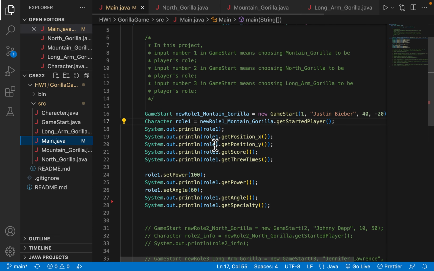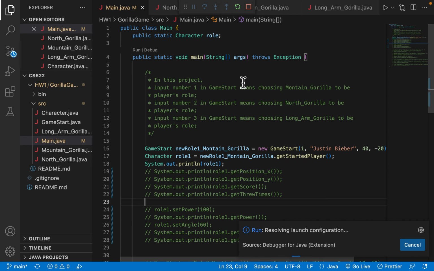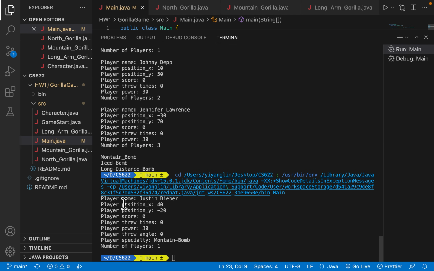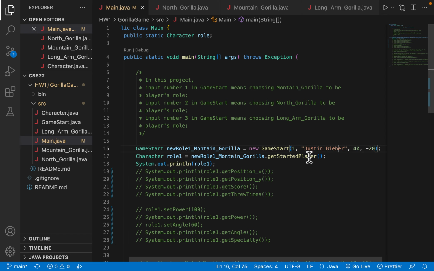And now in main, it will start executing, and if I start run, it will give the first player name called Justin Bieber, and its default passed parameter x position will be 40, and then position y will be -20, as can be shown in here. And then after all, if I want to print